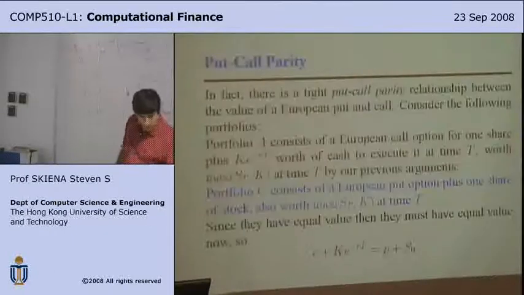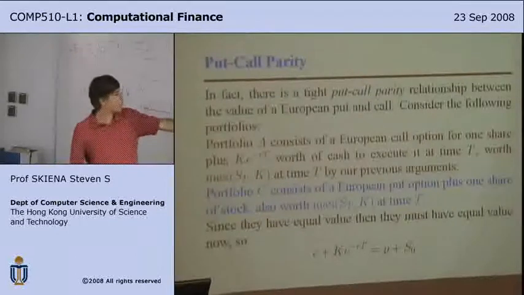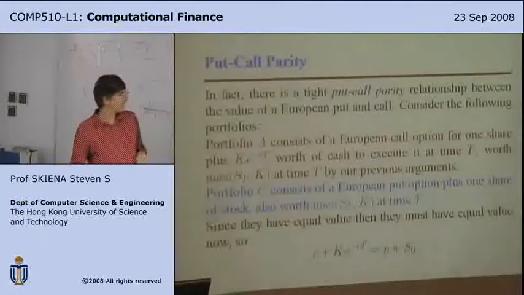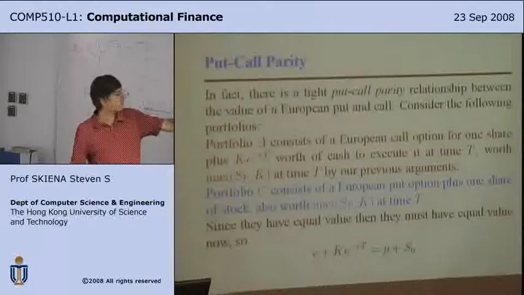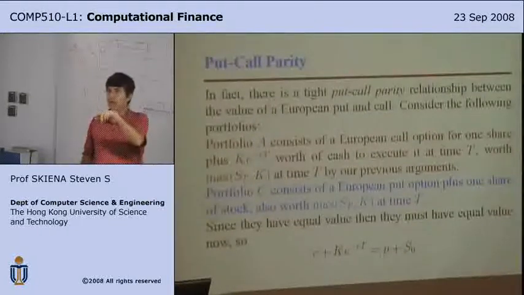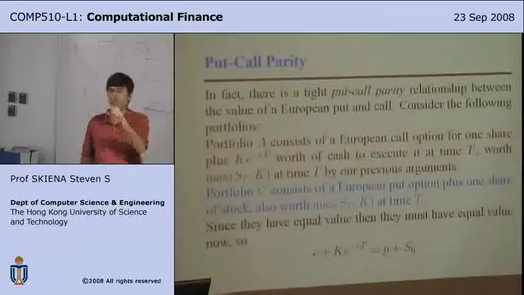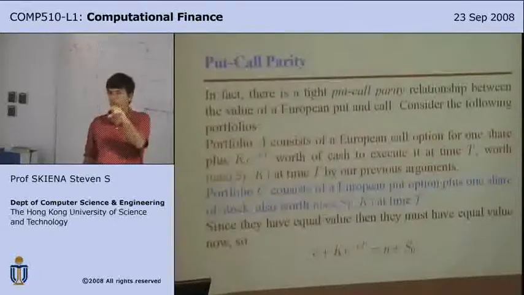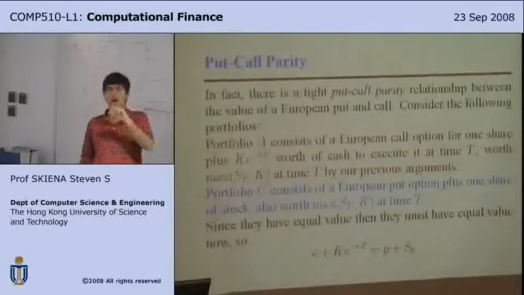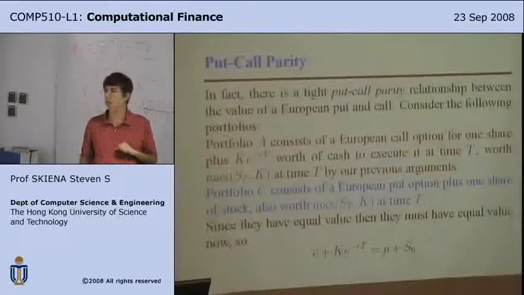If we rearrange the terms, that would be call minus put equals current price minus the cash, right? So it gives you a way to figure out what the difference in price between the call and a put for an option should be. Any questions? Okay.